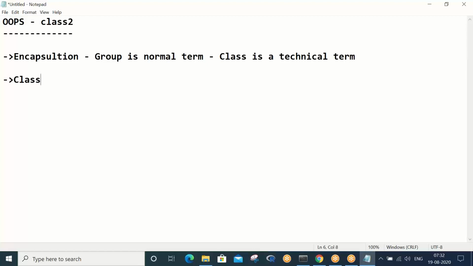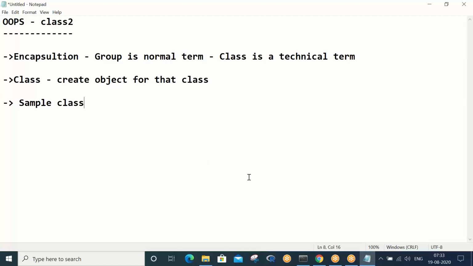We have understood class is an executable syntax. So if you write a class, nothing will happen. You have to create an object for that class, so that the class operations we can execute by using that object, right? So we started seeing the sample class yesterday, and I tried explaining how an object gets created.